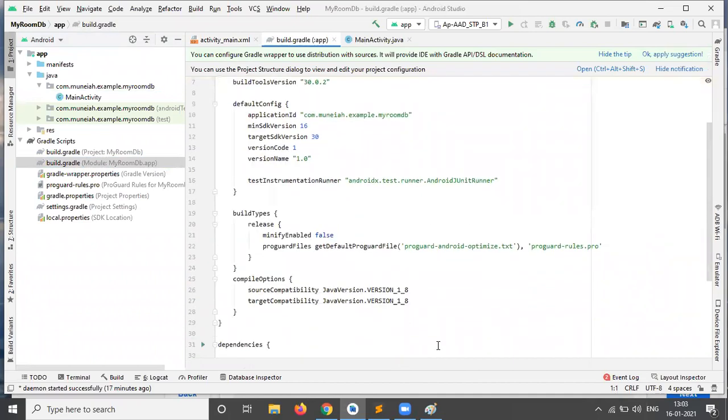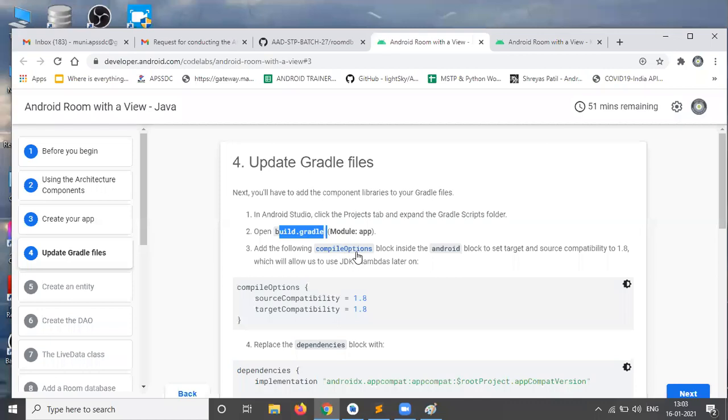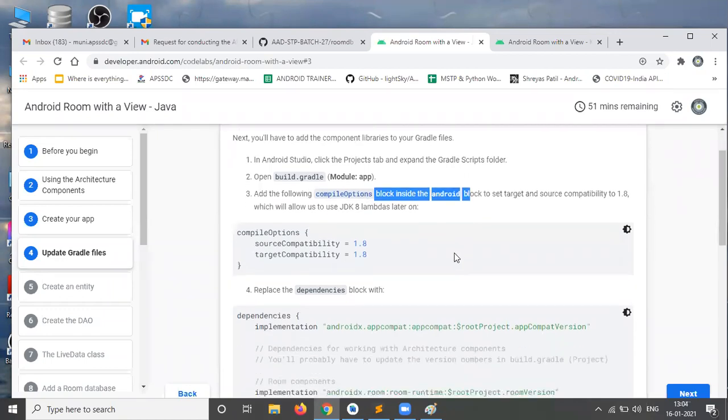In this file, what do we need to do? Okay, so here open the build.gradle file. We need to add the compile options code. Where do we need to add it? Inside the android block. Why do we need to add this?